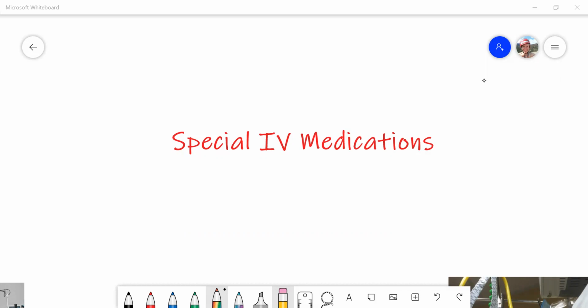Hey everyone, today we're going to be talking about special IV medications and how your scope is written. We always need to make sure that we're paying attention to what is in our scope of practice. Different states write the scope differently, and then different facilities have different procedures. So when it comes to any IV medications, make sure that you are following the scope that is allowed for you within the state that you're in, and then always refer to your facility policies because they're going to change